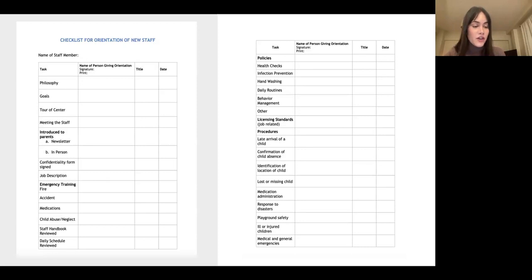This one, as well as other staffing documents, are all available on Montessori Thrive. We have quite an extensive collection that can help you with the onboarding process. So if you're a Montessori Thrive member, you can always go in, download this document along with a sample employee handbook and much more. But having this where someone's required to sign off really ensures that everything was done properly, everything was handed over in a timely manner, and the person just can have that assurance.